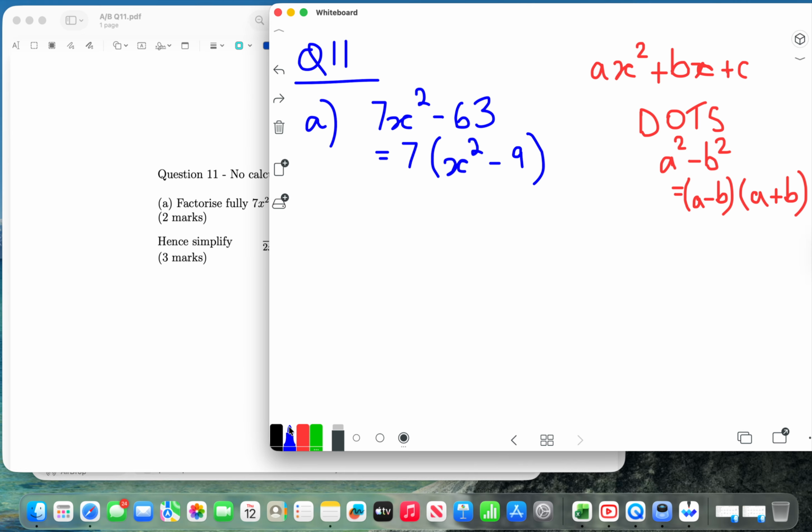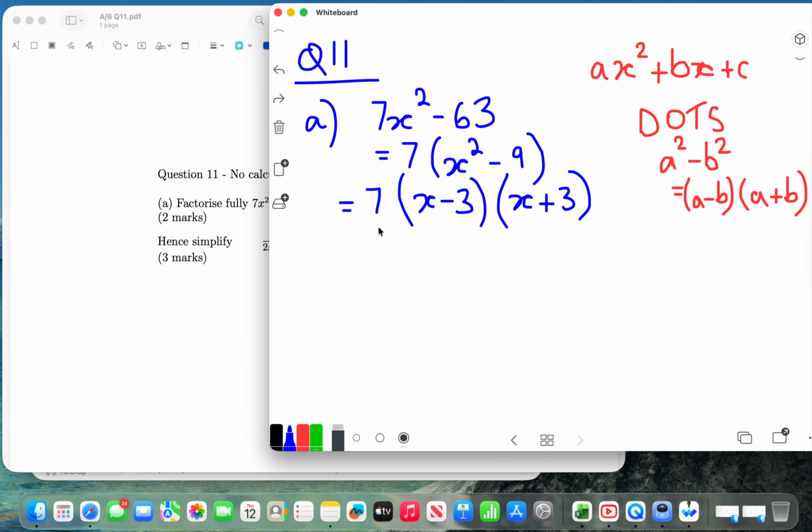We're just going to take the positive square root of 9. So doing that, we get a minus b, with a being x and b being 3. That would be x minus 3, and then x plus 3. And that's us finished